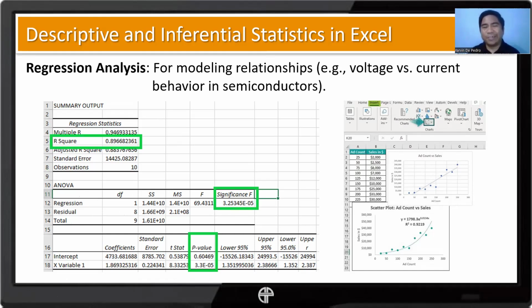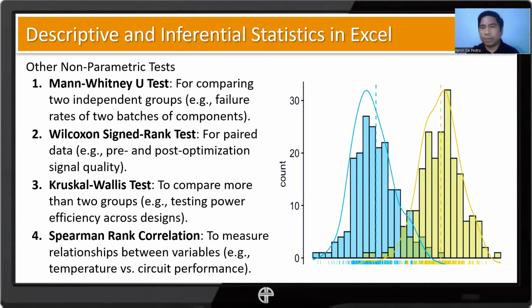Also, we have the p-value for each variable that we included. So we check that also, right? So that's it. Check our demo for more details.